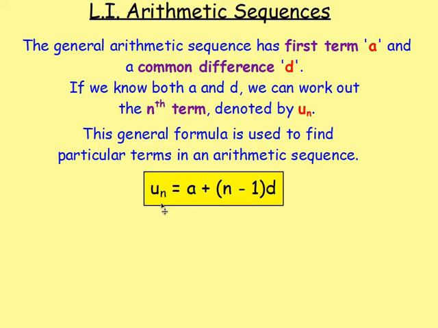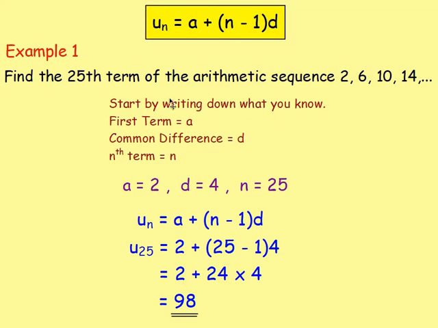Un, a certain term, is equal to a plus n minus 1d. That is the general formula to find a particular term in an arithmetic sequence. For example, here, if you're asked to find the 25th term of the arithmetic sequence 2, 6, 10, 14,